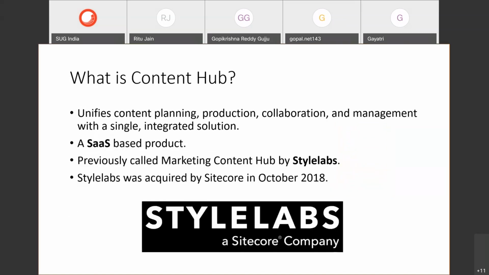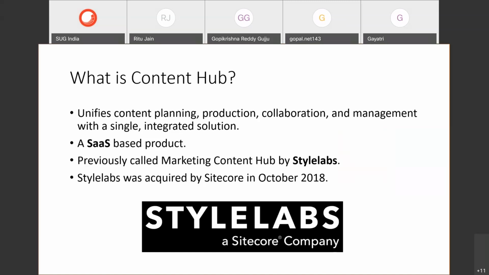What is Content Hub? You might be hearing a lot about the content crisis. Wherever you find Content Hub documentation, it first starts with the content crisis. That's the problem it is trying to solve. What do we mean by content crisis? Companies and different teams are handling different content and managing it in silos. Whereas Content Hub is a unified platform, a home base for all the company's disparate content. So that's its main role.